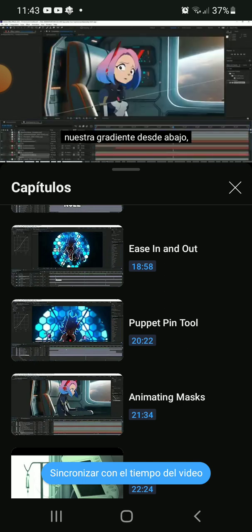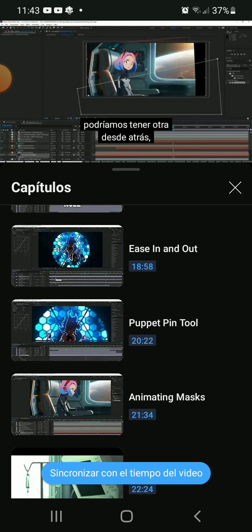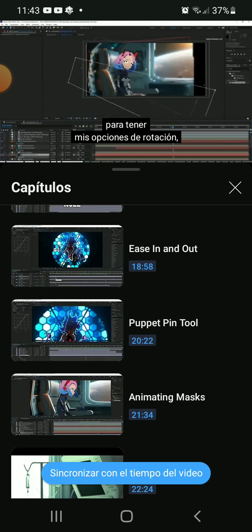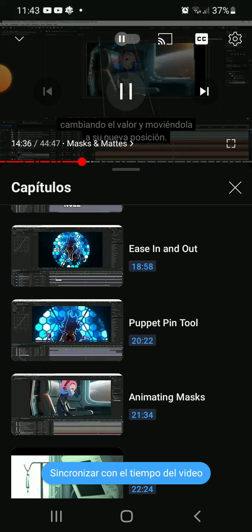So just like we have a gradient from below, we could have another one from behind. So I will duplicate the one we already have and press R to get my rotation options. Rotate it by changing the value and